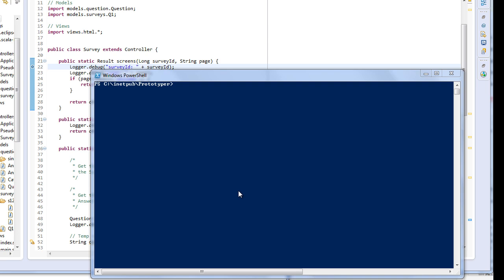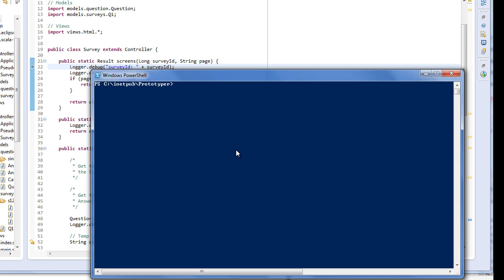Hello. In this session, what I'm going to do is walk you through how to attach a debugger to a Play 2.0 framework project in Eclipse. This is a very simple process, and importantly, this enables you to actually start to step into your code line